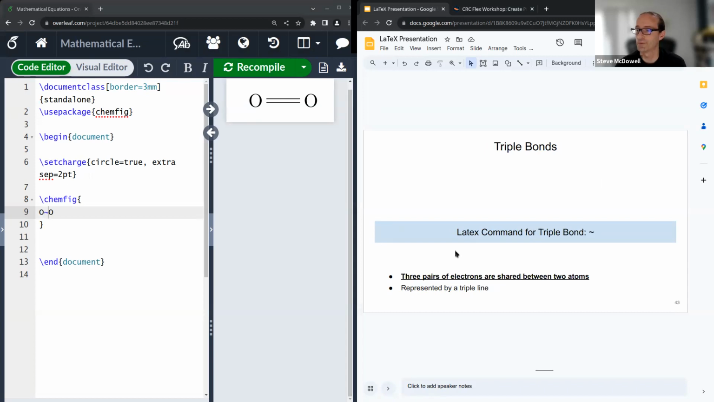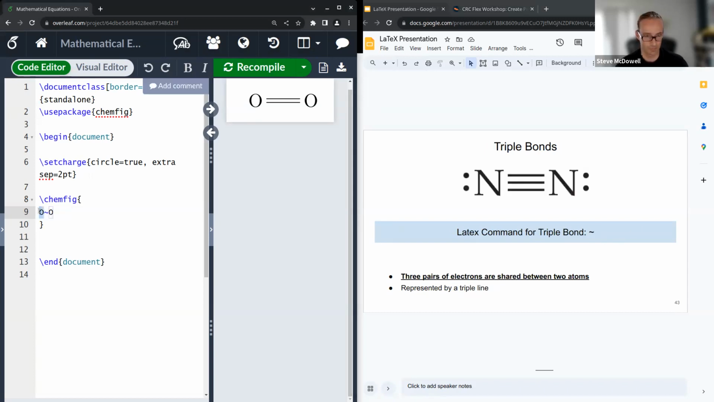Let's see, we get caught up here. There's the command for a triple bond. And of course, we're not going to use oxygen anymore, but nitrogen. So there we have a triple bond. And so, yeah, there are your commands for single bonds, double bonds, and triple bonds, as well as